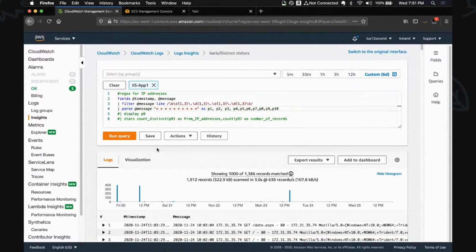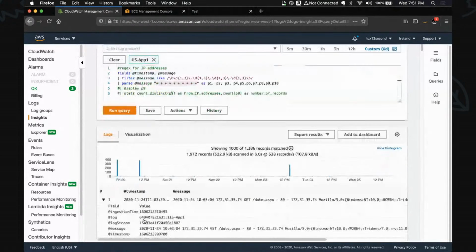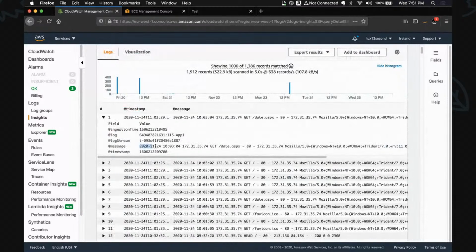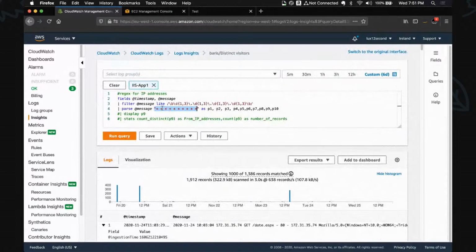Next one. What I said is there is another built-in function which is named parse. And what I do here is parse the message. This is the pattern. I analyzed the message, right? And it's pretty obvious that it has values, space, values, space, values, space, and it has 10 values separated by spaces if it contains an IP. So this is that pattern, right?